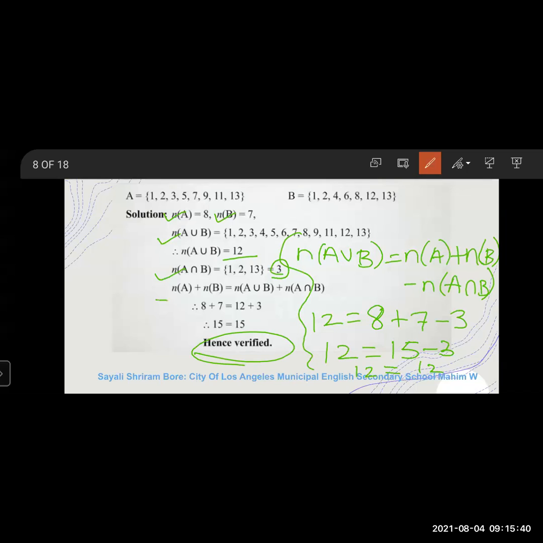Here another method is used. You will be thinking about what is written, but you will get confused. So that's why I have written the formula and done the substitution. So it's so simple. If you just have a little bit of concentration, you can score good marks in this topic.